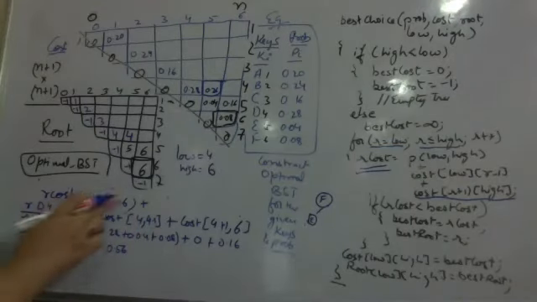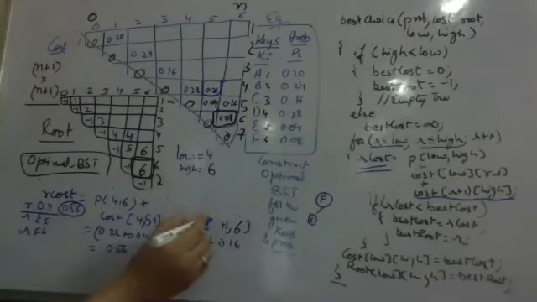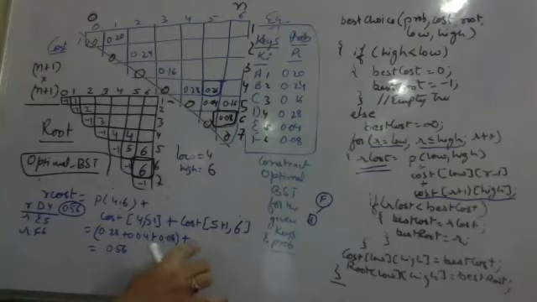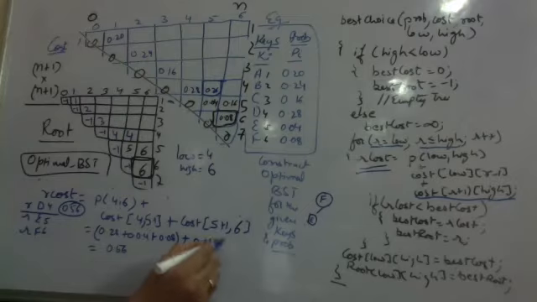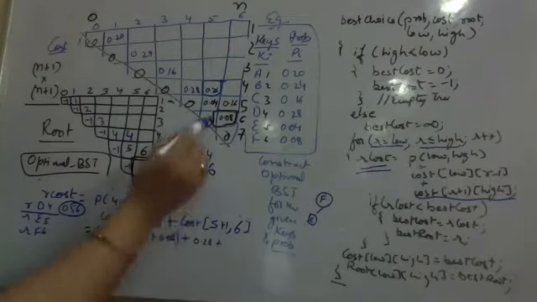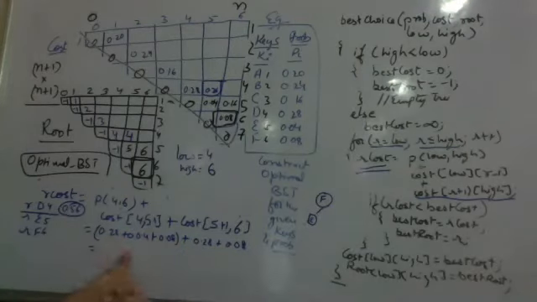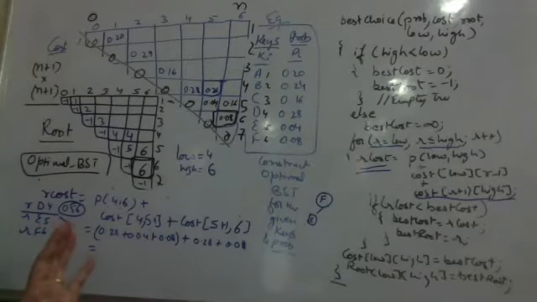Now when the root is 5, this will change to root minus 1. This changes to root plus 1. This remains the same. Now cost of 4,4 I have to see here. It is 0.28. Cost of 6,6 is 0.08. Technically it will be very high because when root is E, we know that E cannot be the root. This will go very high, so it is a very high value. Need not even calculate also. It will go higher only.